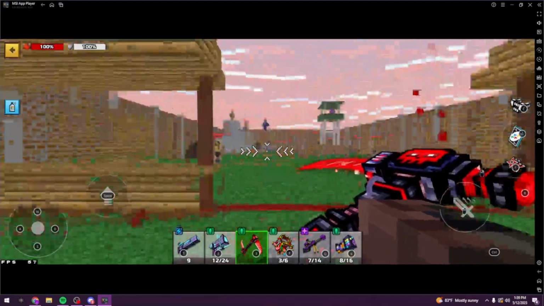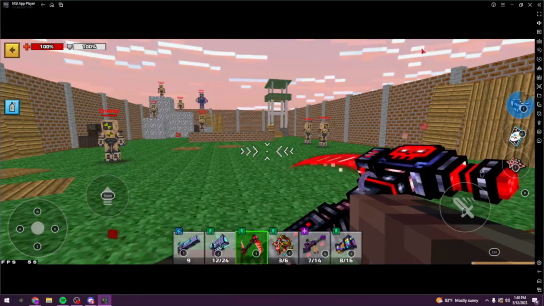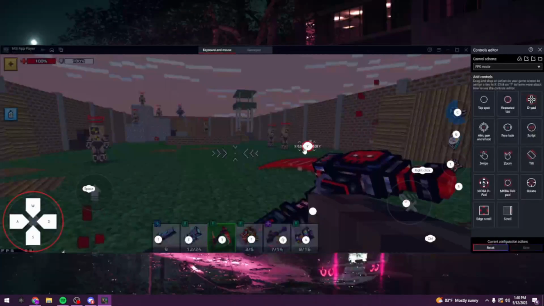When I press Y, it'll let me aim down sights and everything. I press Y again, my cursor shows up. So that's what that does. But once you guys get this